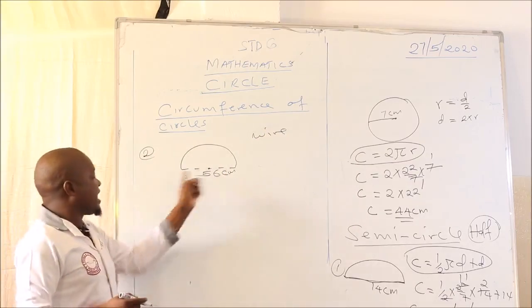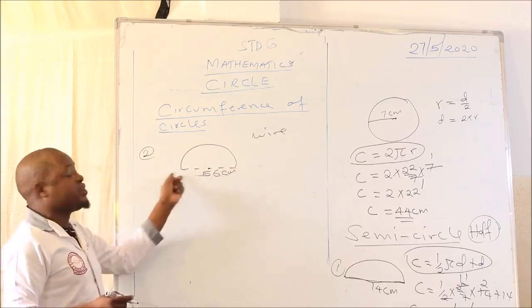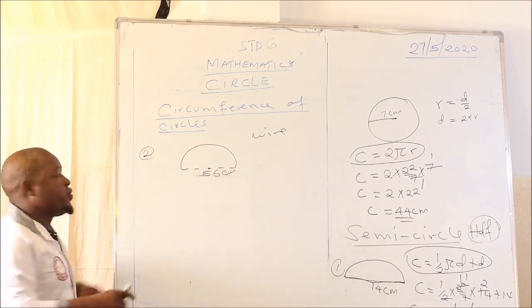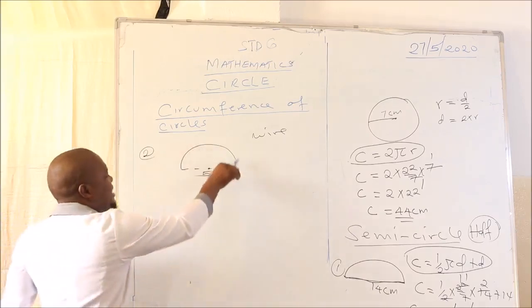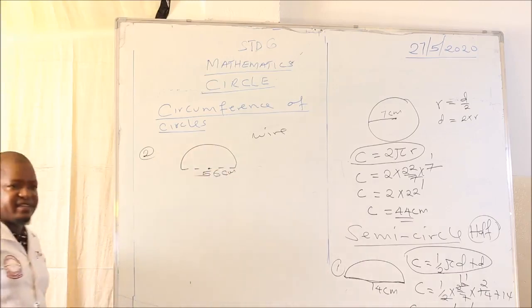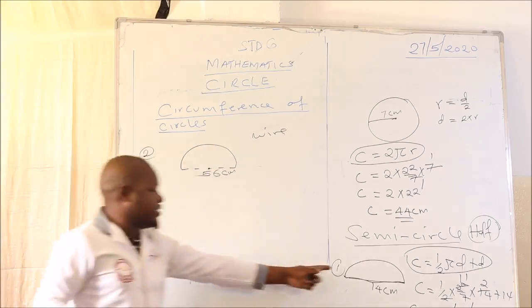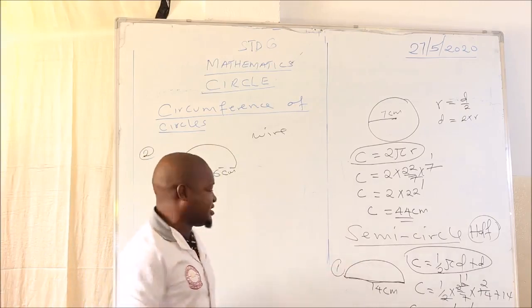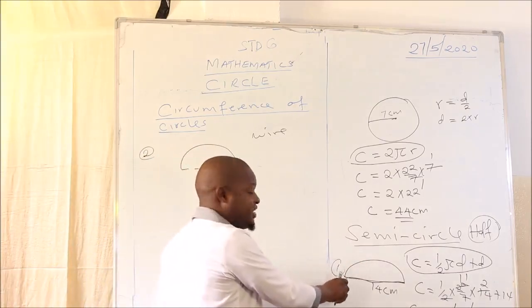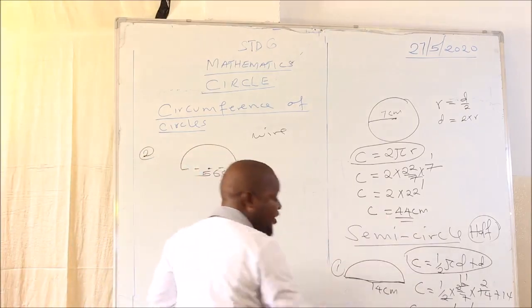Now, when the dots are here, it means that there is nothing in between here. So in this case, we are only finding the distance from here out to here. What makes this one different from the first one we have worked out is that, when we are finding the circumference of that one, we go around the whole figure.